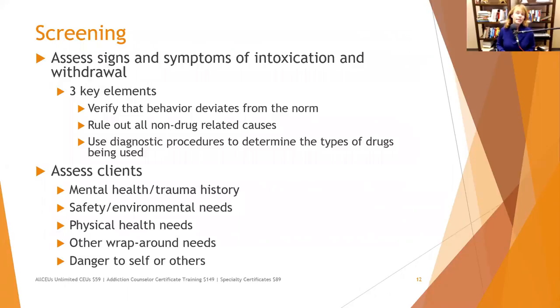So in a screening, we're going to ask them what they've been using, but ideally, you can also do an on-site drug screening. Have them pee in a cup. And the on-site screenings are not super reliable, but it gives you something to look at. Most cases it's anywhere between 60 and 70% reliability, which is why if it comes up positive and the person says, I didn't use that, it needs to be sent off to a lab for mass spectrometry